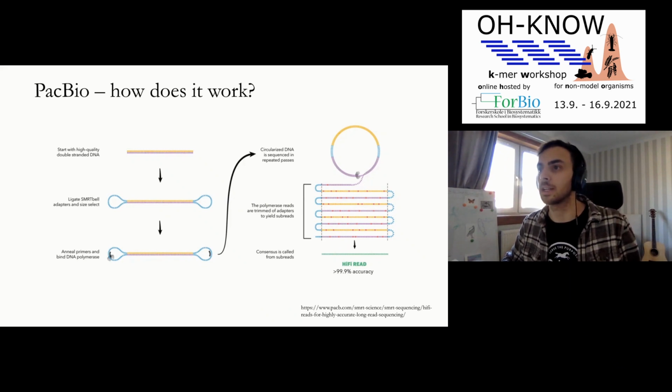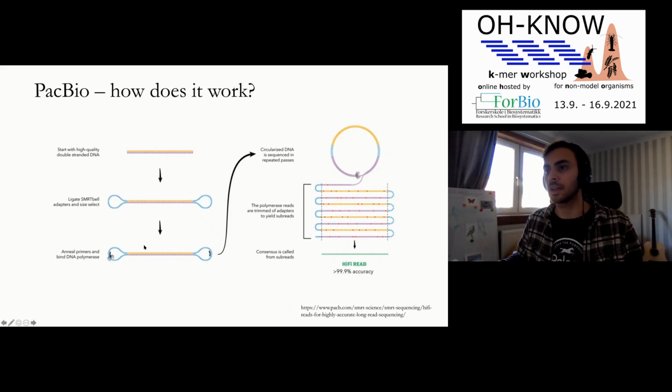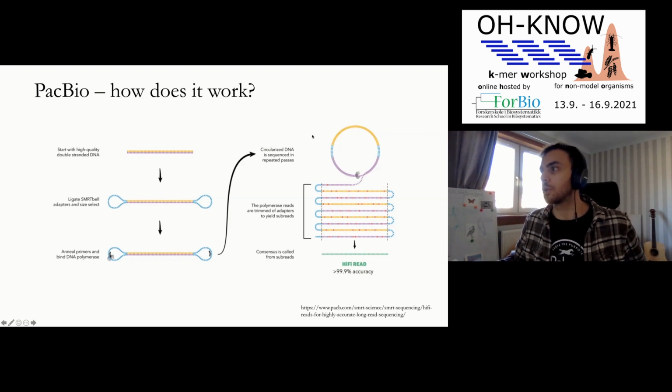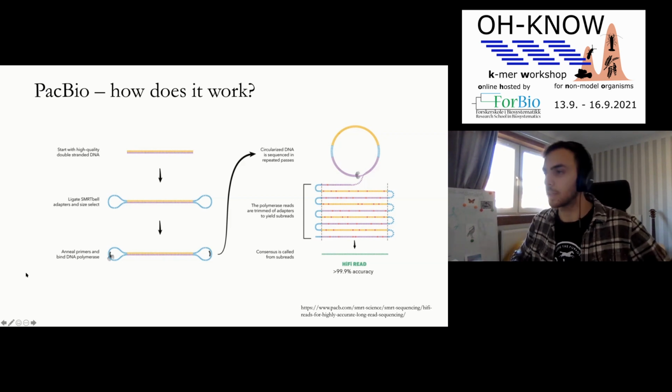So the Pacbio system works slightly differently, where you actually take your double-stranded DNA and you ligate these two different ends on it. This is what they call SMRTbell technology. Basically, this then sits in a sort of well on a plate, and the sequencing bit, which is making the fluorescence happen, is kind of whizzing around this molecule in a circle. And so you can see in this diagram here, you just go around and around and around your circularized molecule. It allows you to actually correct the small errors that there would normally have been. In old Pacbio data, you would end up with these errors. And now you are able to call this consensus read by just going over the same circularized bit of DNA many times.